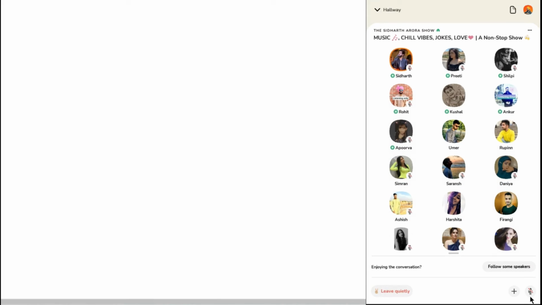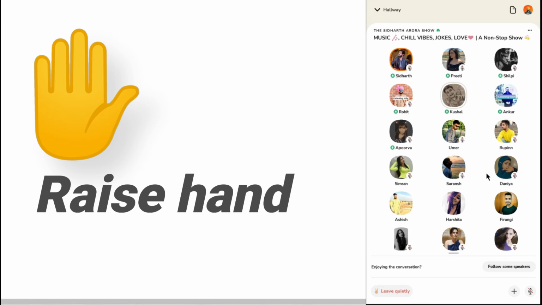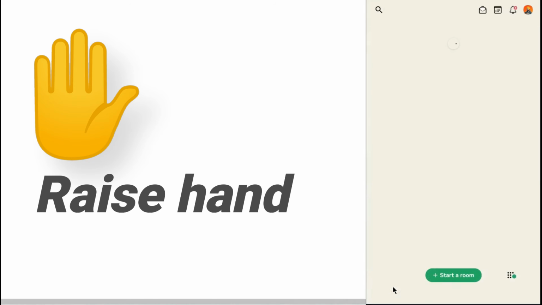There is another option available, which is the mic icon. Now this mic icon is only available for the people who are members of this group. So for example, if I want to talk to someone in this group, if I want my voice to reach that person, I need to unmute myself. And I have the ability because I am a member of this group. But if you are not, you need to raise your hand and they should invite you as a speaker, and then you can talk to other people. So let's leave this room quietly and let me show you how you can raise your hand.